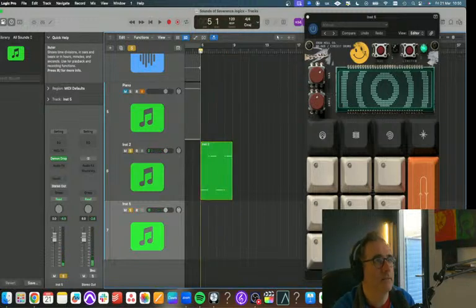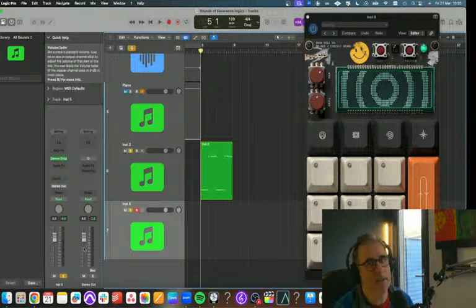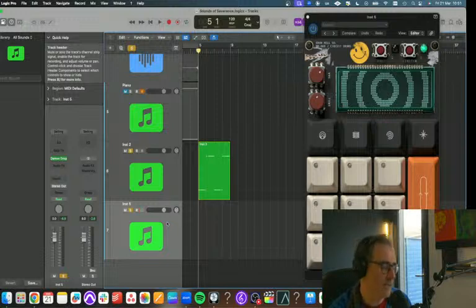Erase the MIDI. There are people who can do this really, really quickly, and it just comes out of them. And for me, drum programming is my Achilles heel.